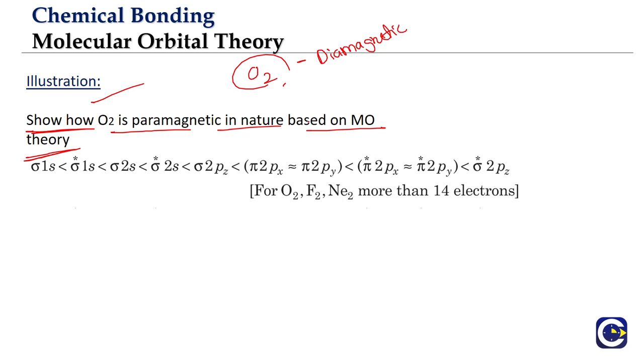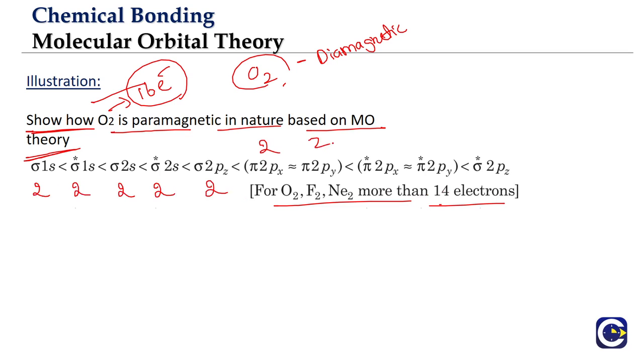Now look at it. O2, we have already solved a question on bond order. O2 totally will have how many electrons? 16 electrons. Each oxygen has 8, 8 plus 8, 16. Now this is the energy level representation for more than 14 electrons. Sigma 1s will give 2, here 2, here 2, here 2, here 2, and here 2 in the degenerate orbitals. Totally, 10 plus 2, 14 are over.